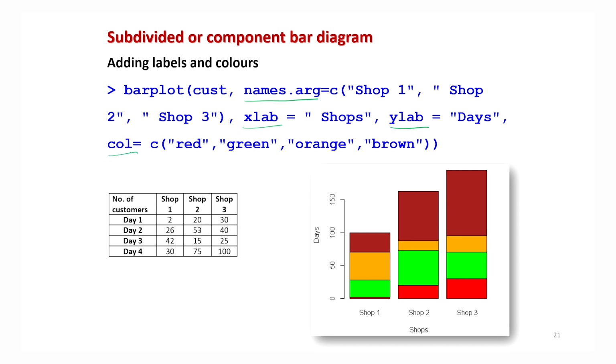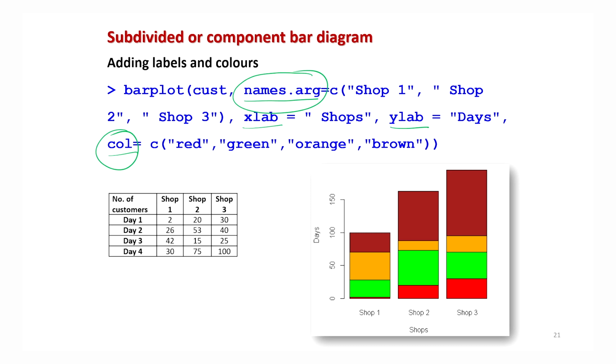Now one thing very important for you to understand and observe, these commands more or less remain the same for all the graphics that you will see in general. I am not saying that there is a 100% guarantee, but more or less they will not change. For example, if you want to give the color, usually you will see the command will be col.